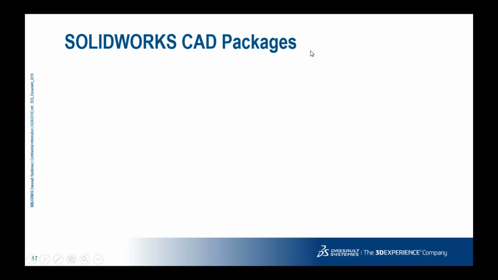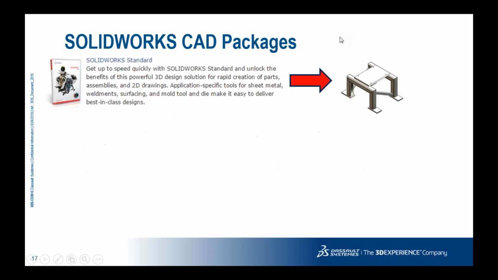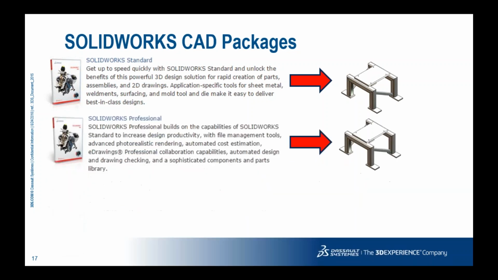So what I want to do is talk to you just very briefly about the 3 different tiers of SolidWorks CAD packages. The very first tier is SolidWorks Standard, which does include weldments and a number of different capabilities, such as the ability to create any kind of part. It creates advanced surfacing, sheet metals, etc. Our next CAD package up is SolidWorks Professional, and that's going to include automated cost estimation, photorealistic rendering, file management tools, and a parts